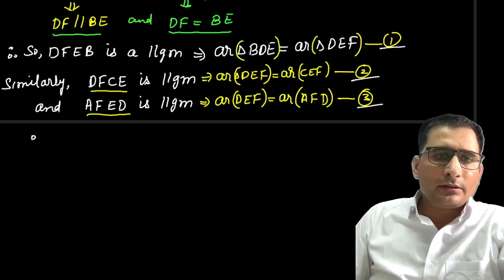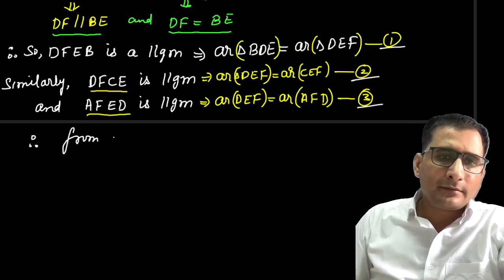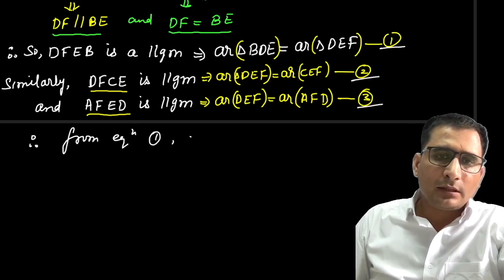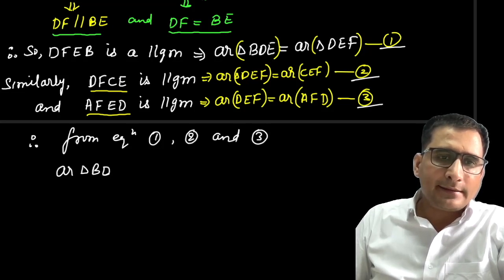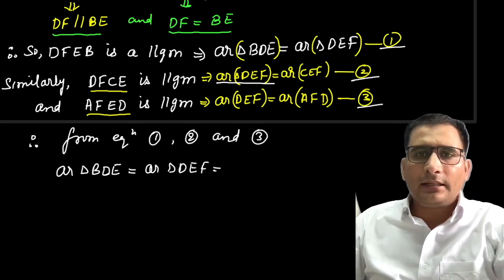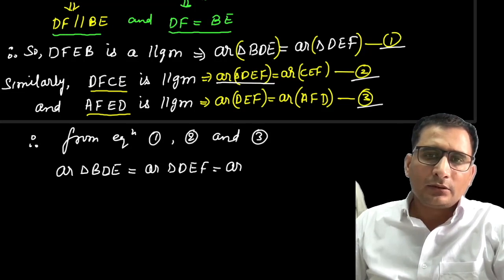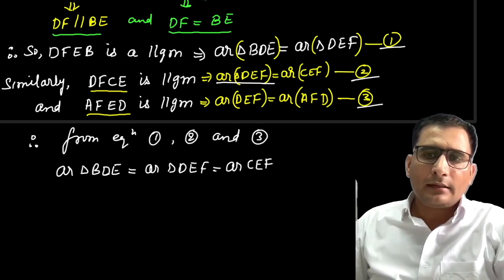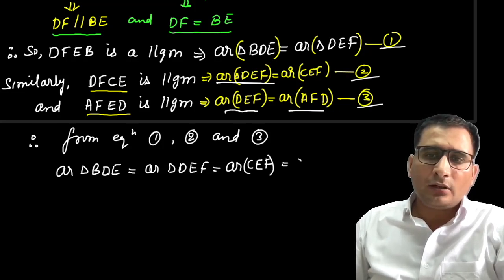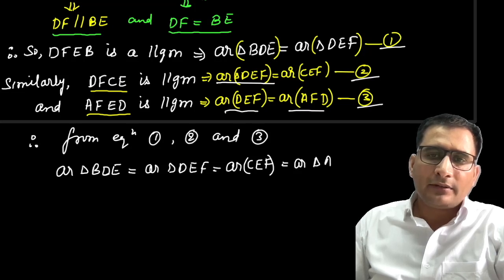So from equation 1, 2 and 3, इन तीनों इक्वेशन से आई कैन से दैट एरिया ऑफ BDE इज इक्वल टू एरिया ऑफ DEF, इक्वेशन 1 से आ रहा है। अब DEF का एरिया किसके इक्वल है, CEF के, सो एरिया ऑफ CEF हो जाएगा एंड इज इक्वल टू DEF किसके इक्वल है, AFD के, तो एरिया ऑफ AFD हो जाएगा, ट्रायंगल AFD।